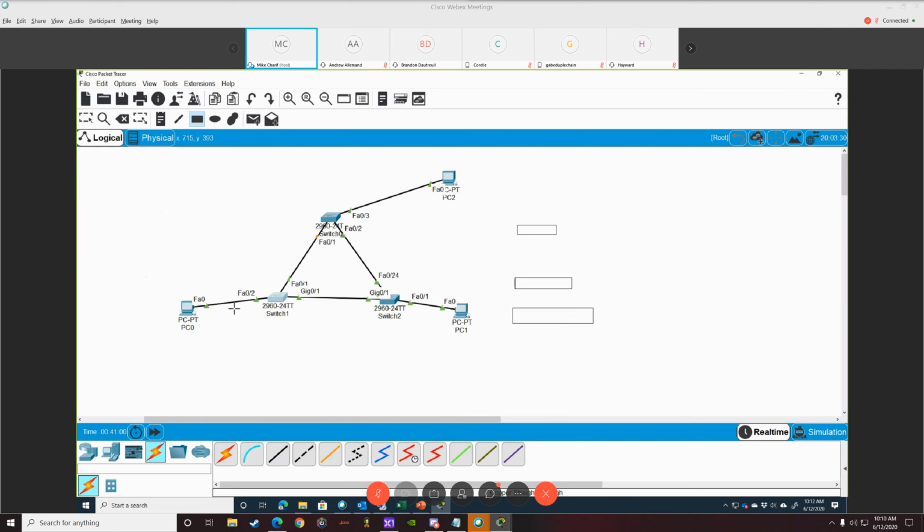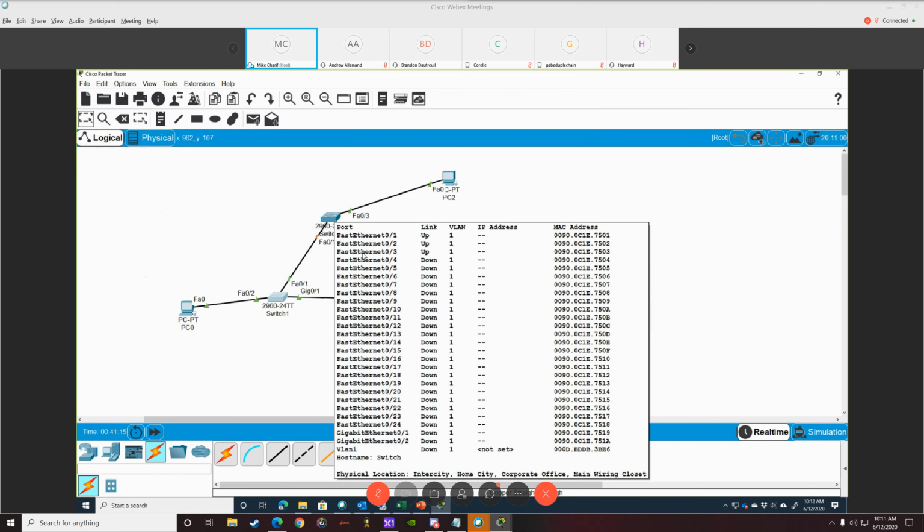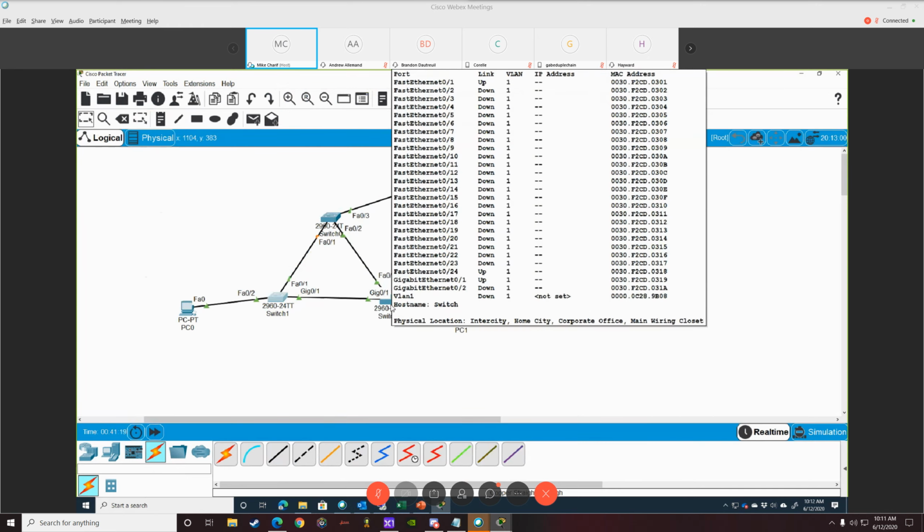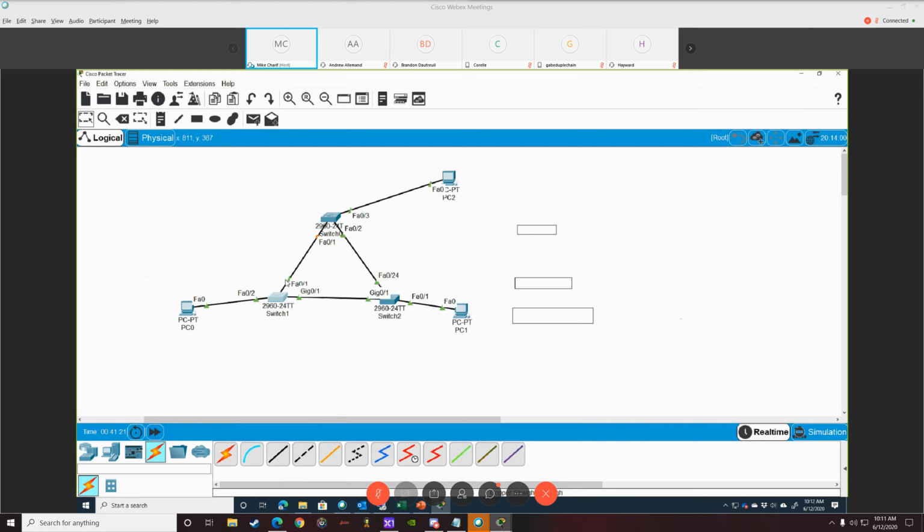So when this boots up, it looks at itself and says, okay, it's good to be a king, so I'm going to be the root bridge. And this one boots up, I'm going to be the root bridge. And this one boots up, I'm going to be the king, the root bridge. Then those switches start exchanging what they receive,